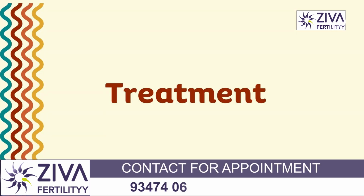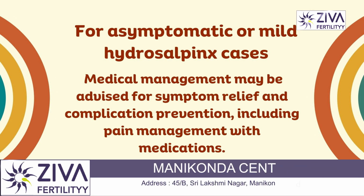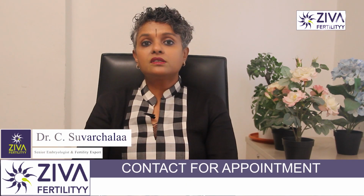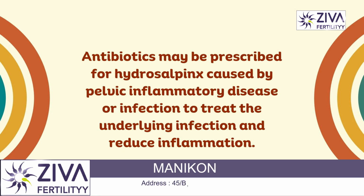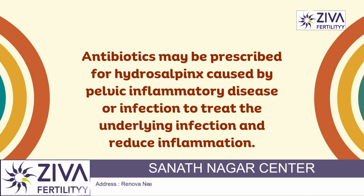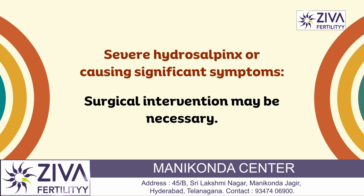Let's look at the treatment options. In cases where hydrosalpinx is asymptomatic or mild, medical management may be recommended to reduce the symptoms and prevent complications. This may include pain management with medications which are prescribed by your gynecologist. If hydrosalpinx is caused by pelvic inflammatory diseases or an infection, antibiotic therapy may also be prescribed to treat the infection and reduce inflammation. In cases where hydrosalpinx is severe or causing significant symptoms, surgical intervention may also be necessary,